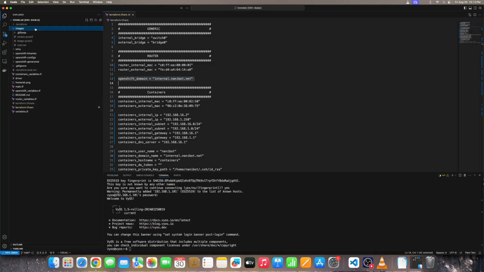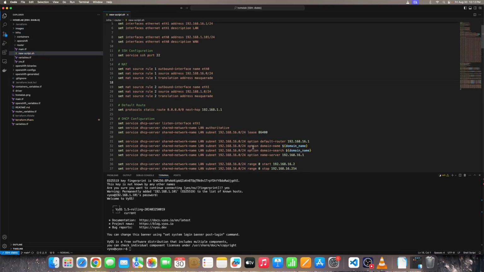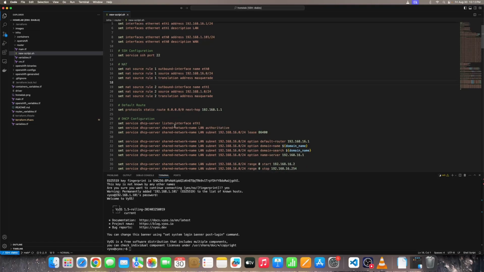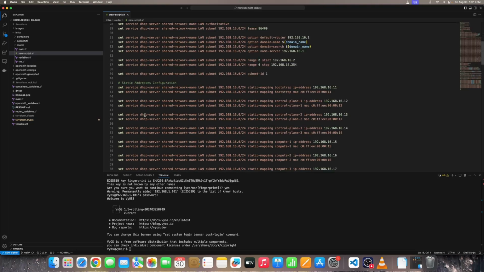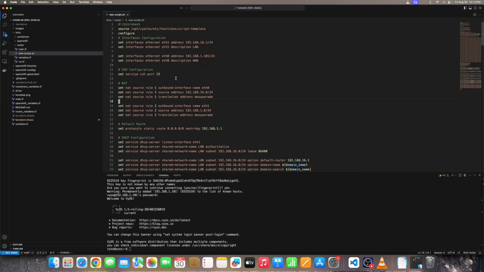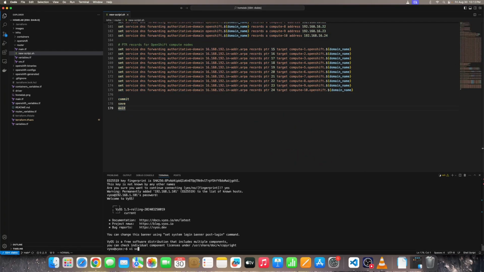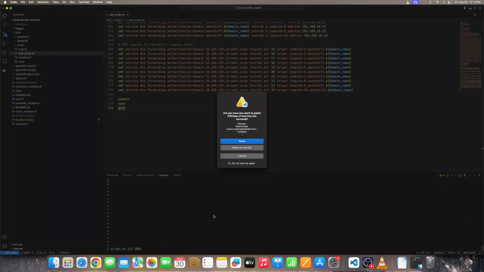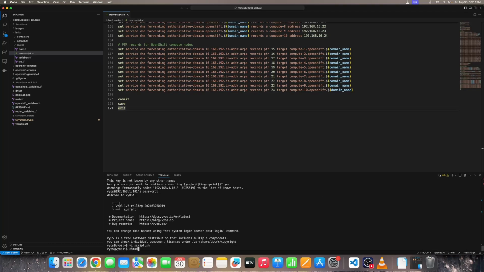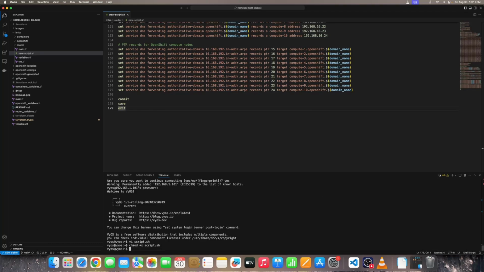Now we'll execute a script which is going to create the necessary configuration for our OpenShift cluster. We're going to create NAT rules and then DHCP configuration, DNS configuration, all the fun stuff. So let's copy this, paste, save this, make this executable, and then